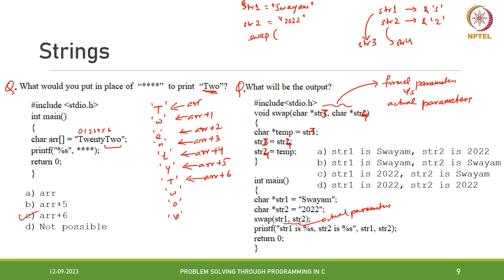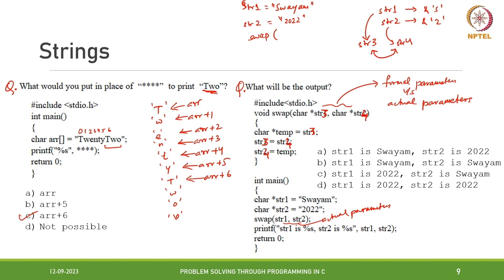Now what we do here is swap the addresses in str3 and str4. We take a pointer variable called temp. We save the address str3 to temp, and we save str4 to str3. So basically we are swapping the addresses str3 and str4, which basically does nothing,